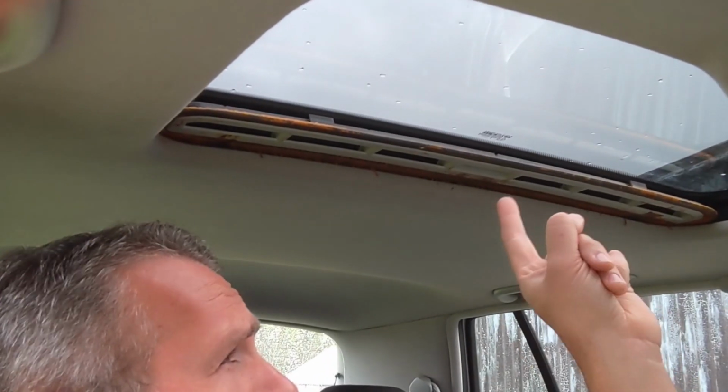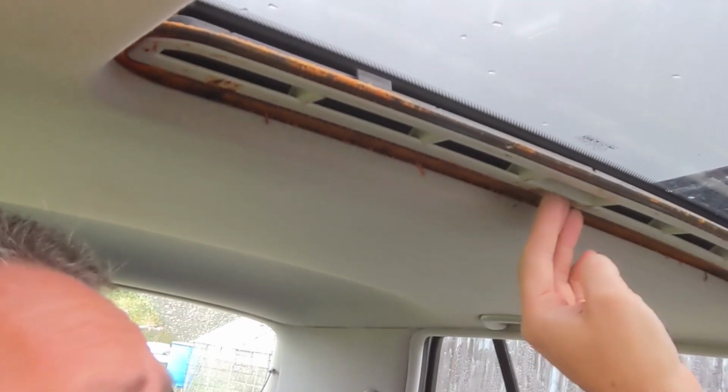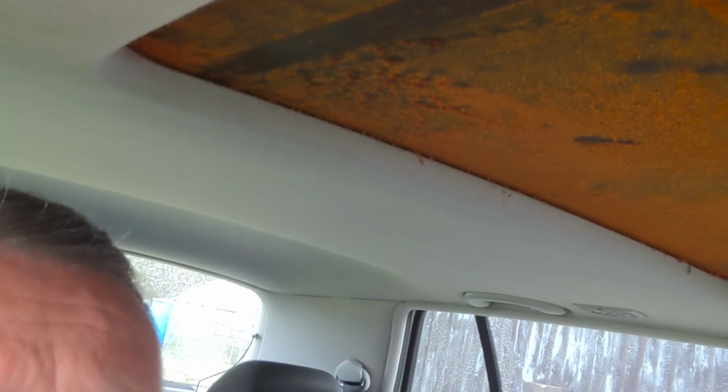So today we're sat in the Mk4 Golf. We've got a bit of a fun job to do today, and it involves the sunroof. Now the headliners on Mk4s tend to start sagging and eventually you need to replace them. This headliner isn't too bad, but the cover off the sunroof is completely gone, and you've got